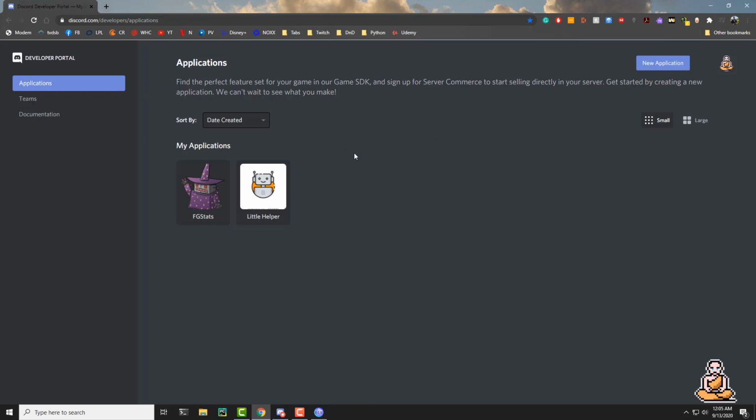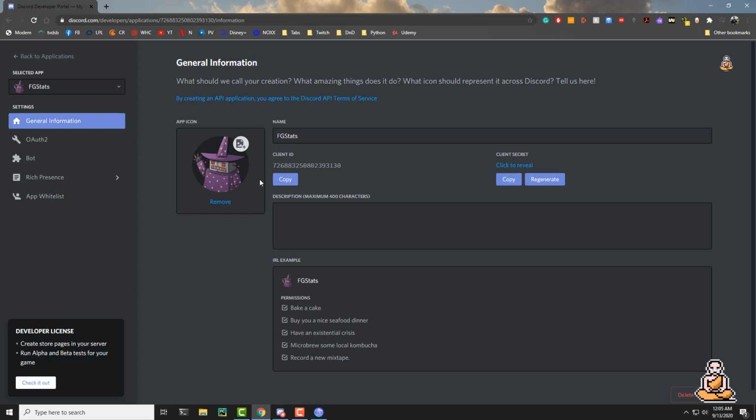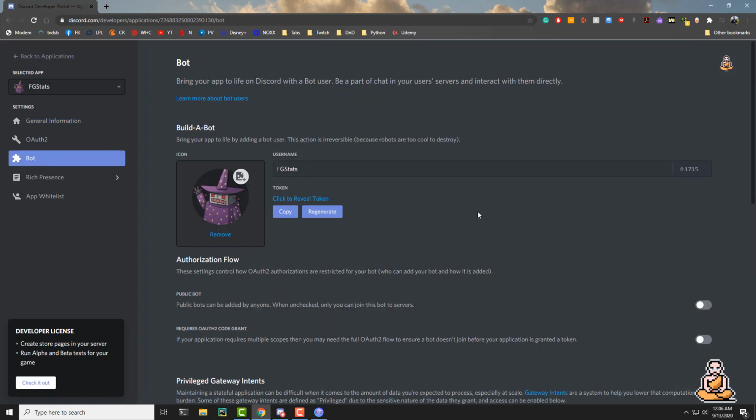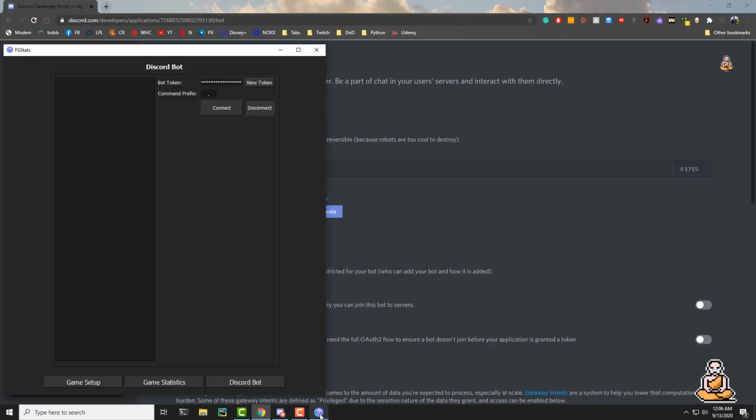That's what I did. You would create a new application, give it a name, click create, and that will bring you into something like this. You don't have to really go into much detail here. It has to have a name. That's pretty much it, I think. From there, you go under bot, and there's a spot that says create a new bot. Click that, and it's going to get you a token. So you just copy your token, paste it into this little slot here, click save, and it will update that